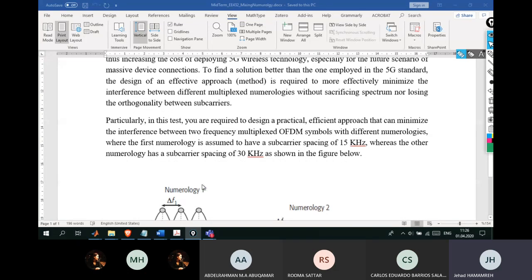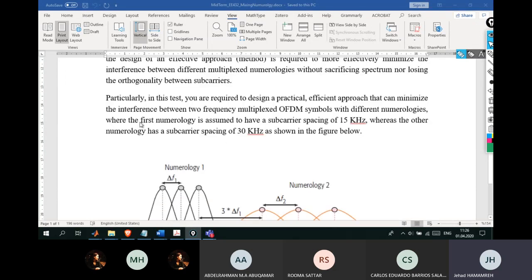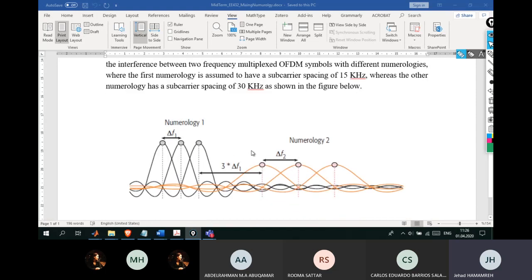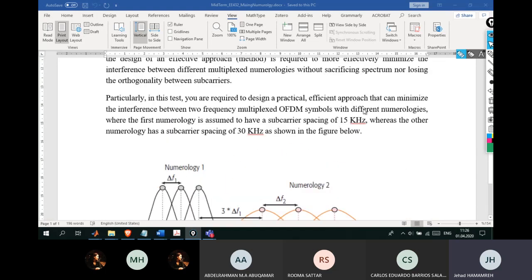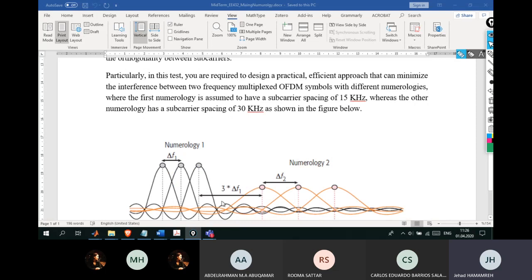Particularly in this test, you are required to design a practical, efficient approach that can minimize the interference between two frequency multiplexed OFDM symbols with different numerologies. You can consider only 2 if you want, or 3, like the one I showed you in the lecture. But let's stick with 2 for now. And the goal is to come up with a different approach. Don't use guard bands. Come up with a different method that can reduce the guard band or eliminate it